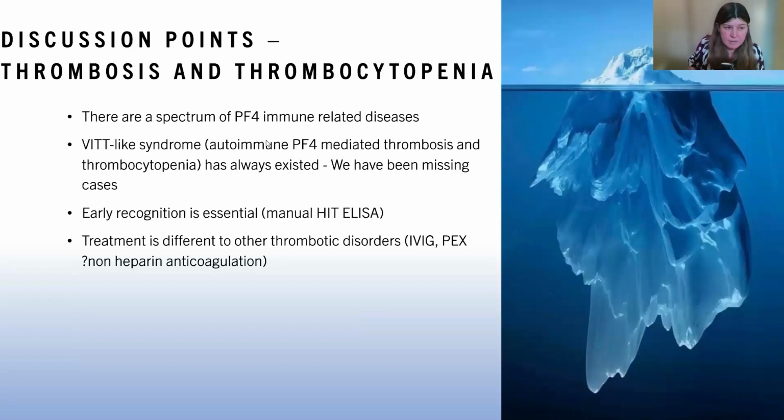So we've then gone on to see cases of this syndrome associated with adenovirus. And ultimately, for the lady that I've just presented, the feeling was that it may have been due to acute CMV, because we got some test results back after her death that suggested she may have had that. So I think this is a much rarer situation, but the presentation of thrombosis and thrombocytopenia in the presence of features of consumption, so a low fibrinogen and high D-dimer, does make us think now about whether there might be an autoimmune PF4 disorder. And we would then think about treating that with plasma exchange and with steroids.